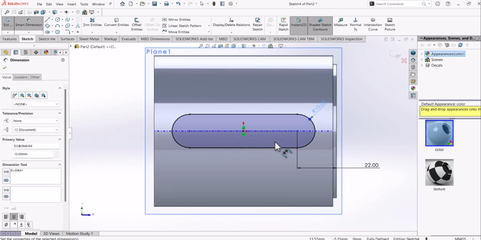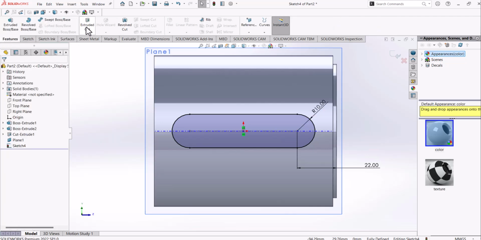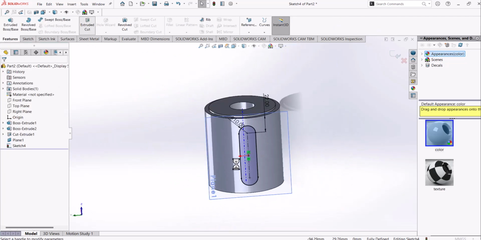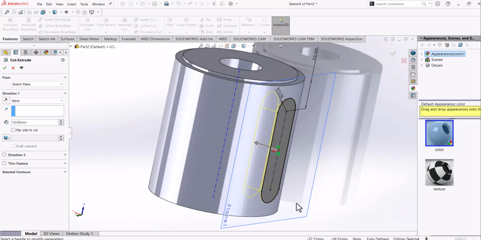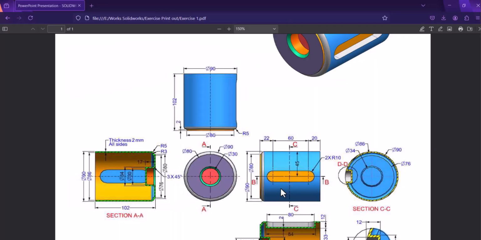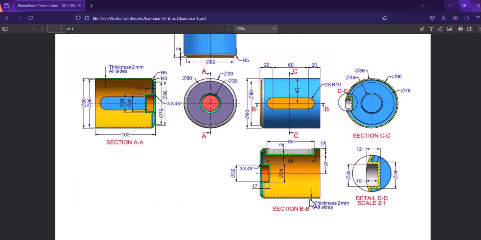Since we started from the origin, this and this makes the whole thing fully defined. You accept, go to extruded cut. So the depth, we'll get the depth from this. You could see